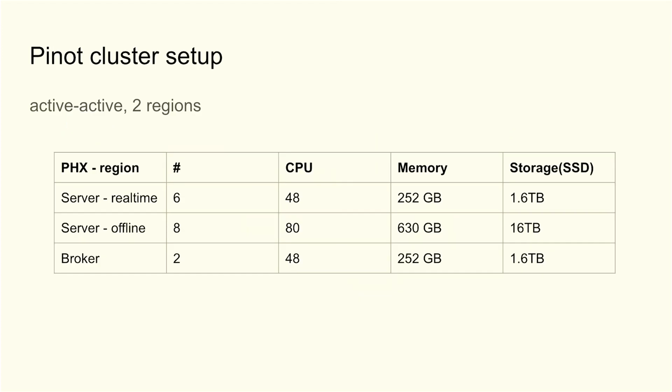Looking at the existing cluster setup for Pinot, we have an active setup. There are 2 regions, and this is the summary of one region. We have around 6 real-time servers, 8 offline servers, and 2 brokers for querying. I hope the previous sessions gave you an idea of servers and brokers, but in case you have any questions,